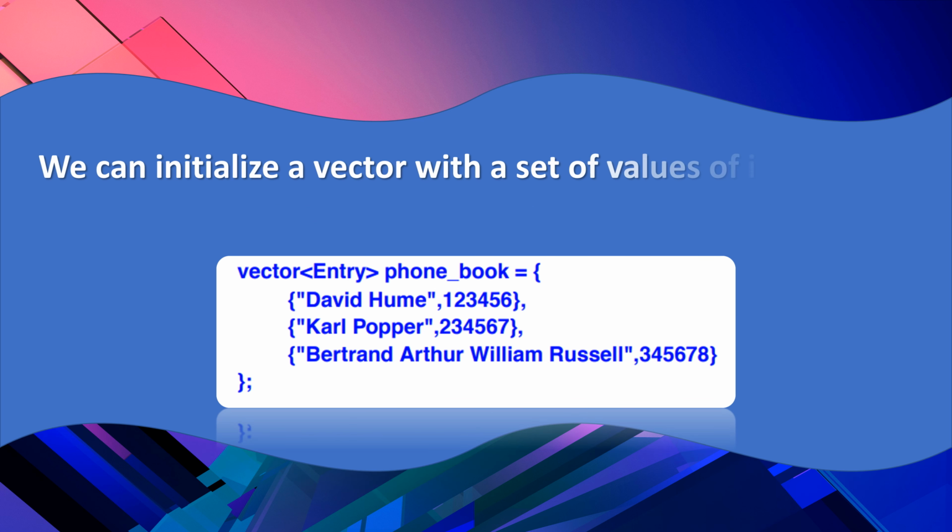We can initialize a vector with a set of values of its element type. vector<Entry> phone_book = {{"David Hume", 123456}, {"Karl Popper", 234567}, {"Bertrand Arthur William Russell", 345678}};